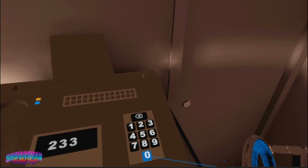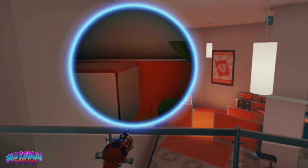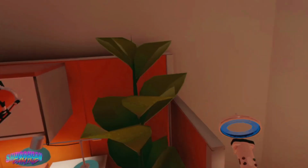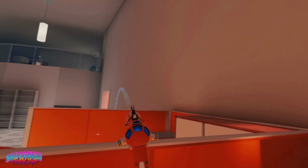Objectives are simple in nature and have you doing tasks such as find a thing and get to a new area, often being nothing more than a carrot on a stick to keep you moving forward throughout the light story, which sees your character attempting to escape the newly appointed robot overlords. Story missions being nothing more than window dressing, Budget Cuts is a game, for better or for worse, built around